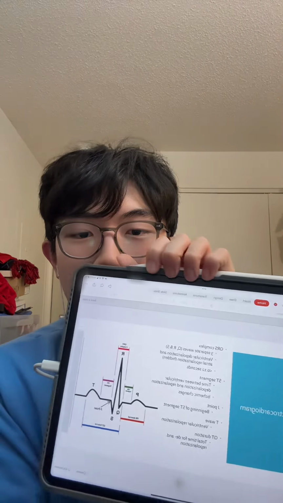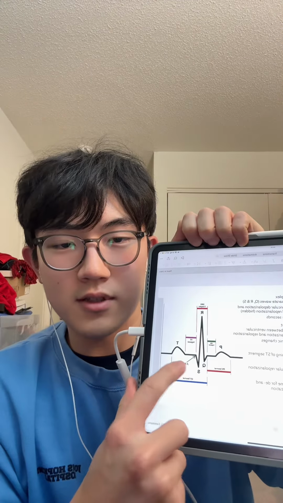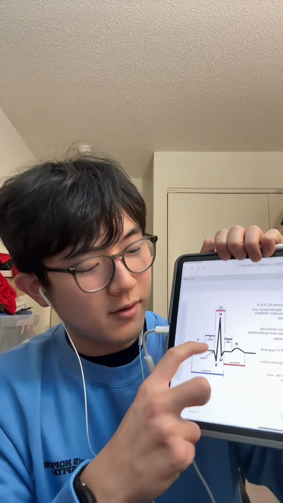Then we have the QRS complex, which is that huge thing up here, which is going to be ventricular depolarization and atrial repolarization, which is hidden because when we're contracting the heart, everything's going to move, so we're not going to really see that. Then we have the ST segment, immediately right after the small segment, just the time between the ventricular depolarization and repolarization with some ischemic changes, followed by the J point, which is right after